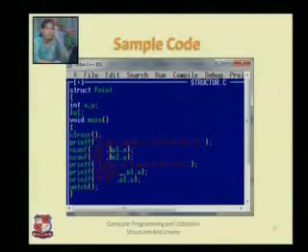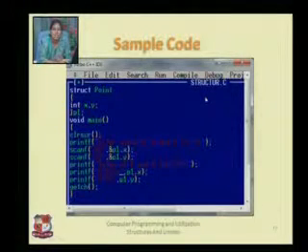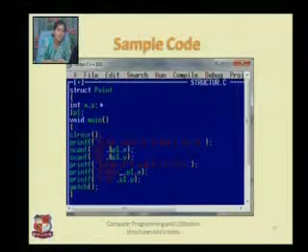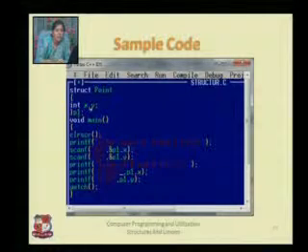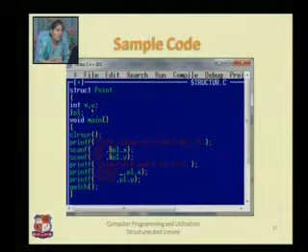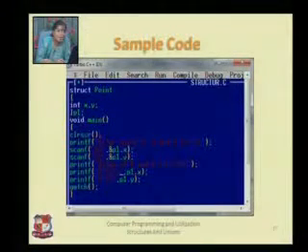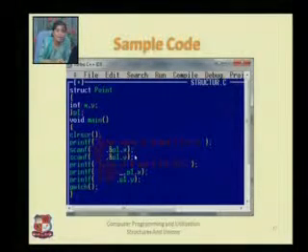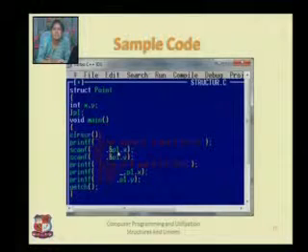Let us have a quick look at a sample program. Here I have created one structure.c file. In that I am writing struct point, meaning I am creating one point structure with two integer variables x comma y. See, it's not necessary to write integer x semicolon integer y. You can write integer x comma y. Then p1. Now p1 is what? P1 is the variable of the point structure, or you can say P1 is the object of the point structure. Then void main, clear screen, we are clearing the screen, and then I am asking for two values of P1's x and y. So I am writing P1 dot x and P1 dot y.